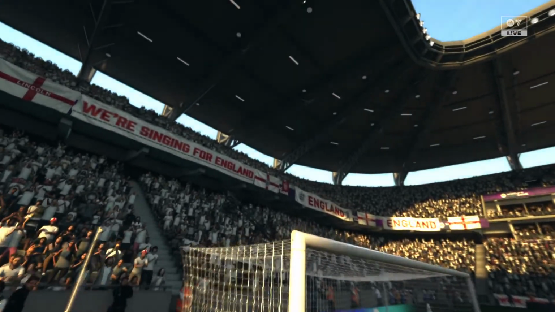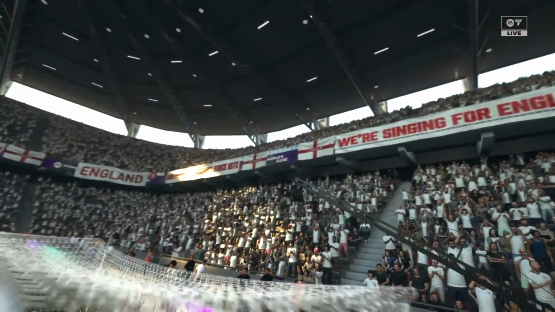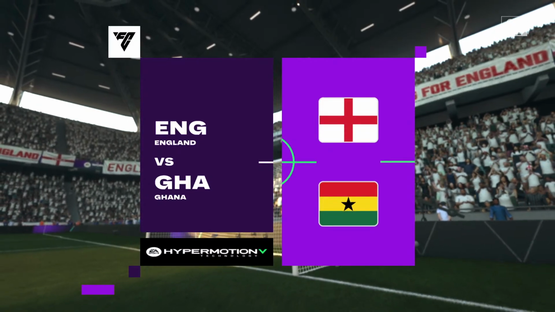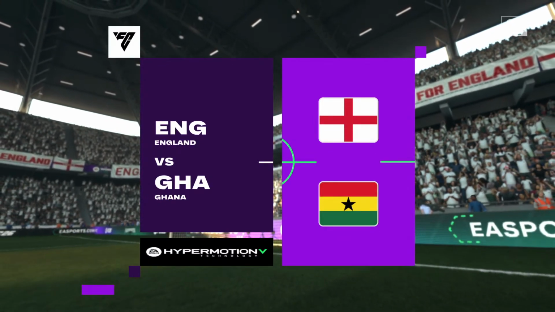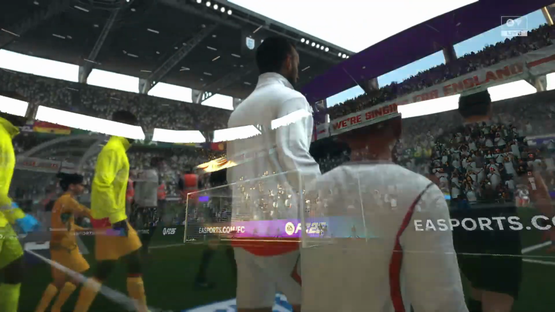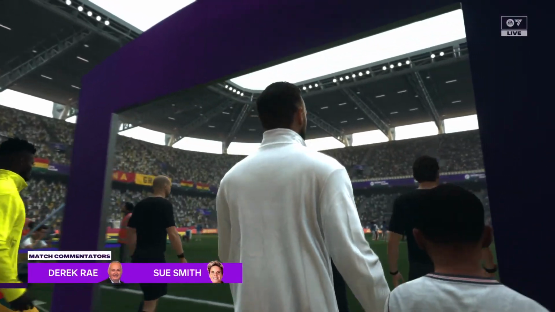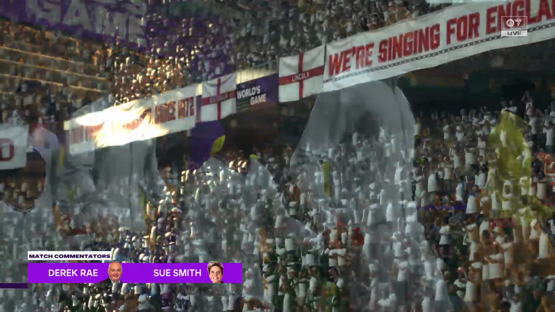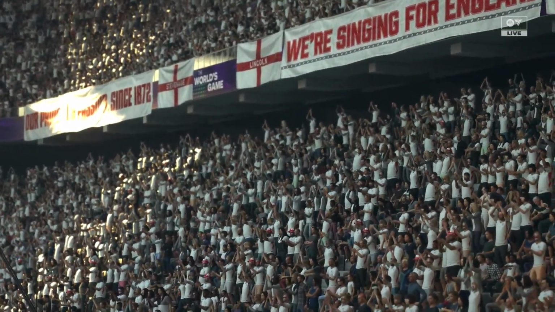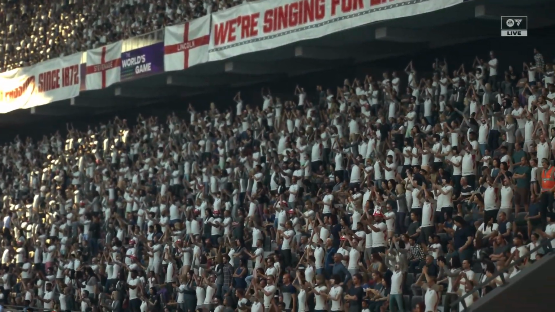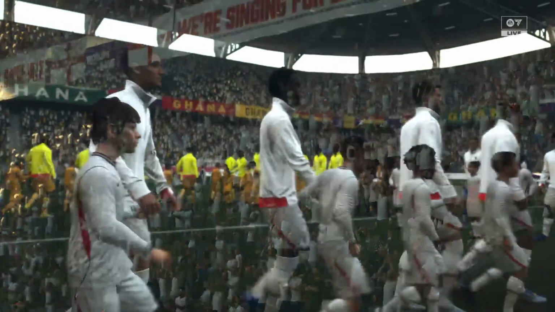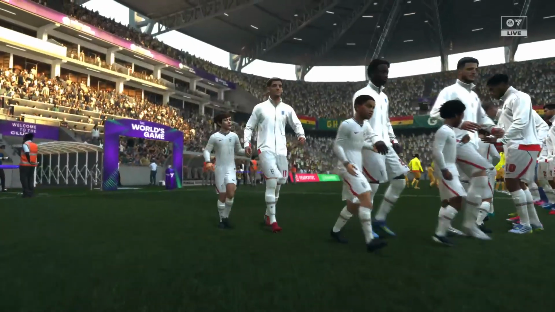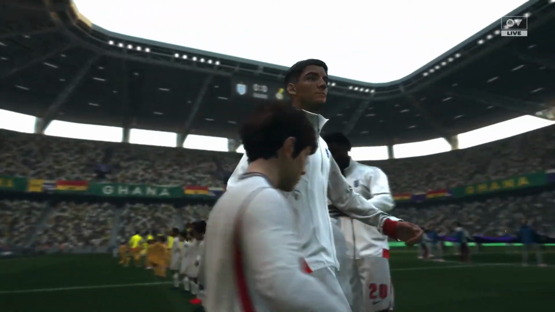Well, given the circumstances on the stage of the competition, it's understandable that the nerves are jangling a bit more than usual. Derek Ray with you here on the commentary gantry, and sitting next to me, ready to provide expert analysis, is Sue Smith. What a game this ought to be. It's England, and they take on Ghana. Oh, it's great to be here. These matches are always about composure and clarity, just making sure you get the basics right under pressure. A strong, disciplined performance that can set the foundation for everything that follows.